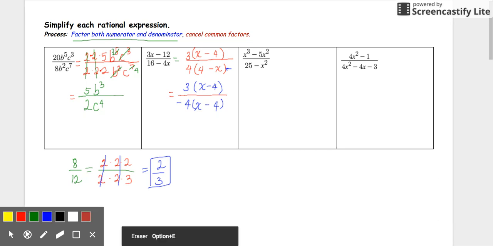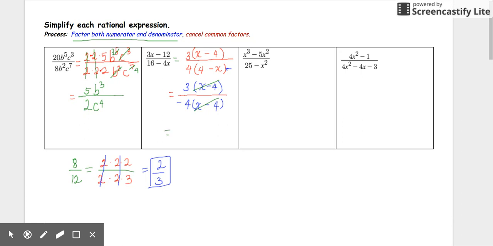and so it's possible for us to cancel. And the result, or the leftover, is negative 3 over 4. This is the simplest form. Now, the third one,